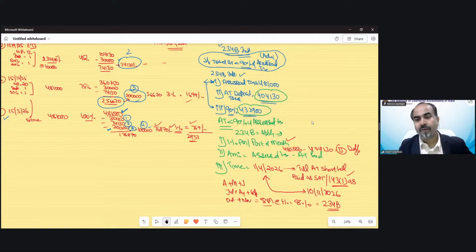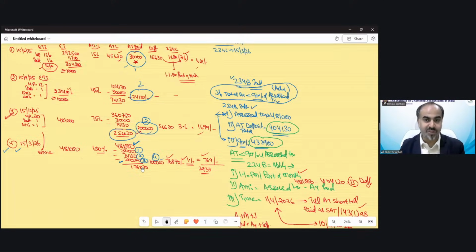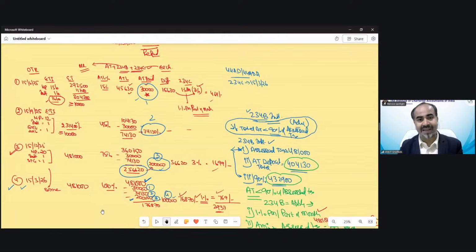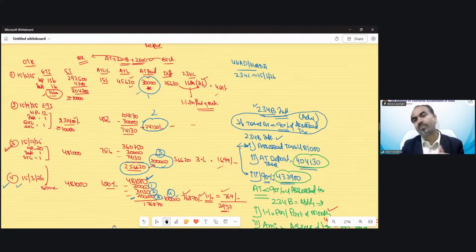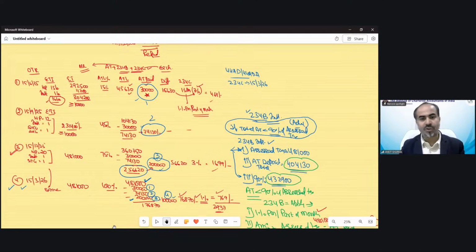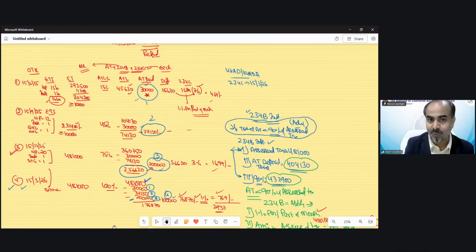I hope it's clear. We will solve one more question of advance tax because today we went through a lot of provisions of TDS as well as advance tax, and we also solved the question. So it might be a little messy, but when we solve one more question, and you revise this provision, it will be really easy. Tomorrow we will also solve one more question of 234B and C and discuss one more interesting fact. Under section 234C, a very interesting note we will discuss tomorrow, because if we discuss it today, it would be really messy. So if there is any query, students, you can ask. Then we move on to a small short story.